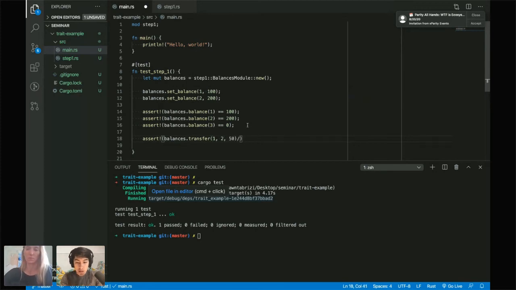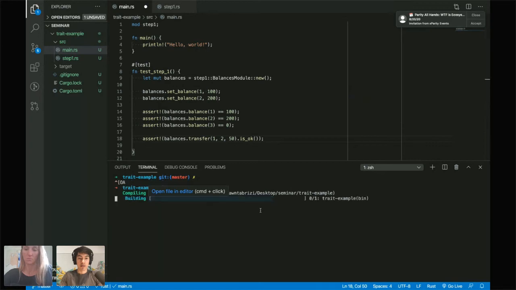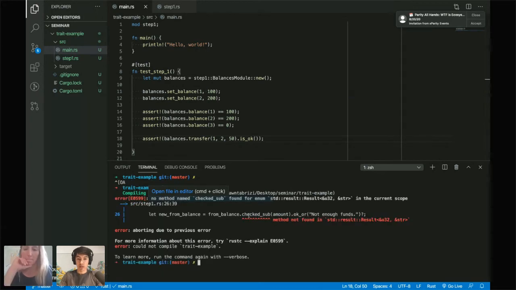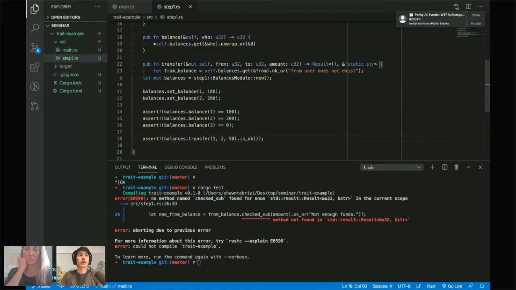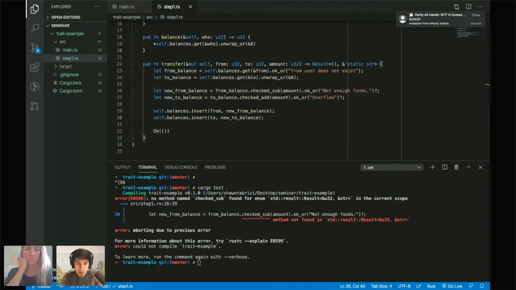Oops, that is ok. Okay, so let's just test this real quick. Ooh, checked sub. Oh, so I probably need to import some things into scope. Oh, maybe not. Let me see.